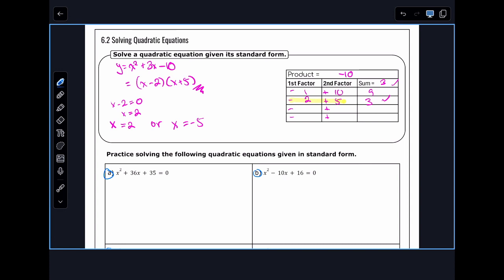After you do this, you get this right. Well, what if this is not